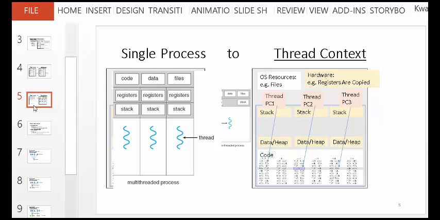To swap a process, if you are not careful and the process is not in memory, you may have to go to the hard disk, bring it in, all of that. But if it is just for a thread, they are all the same.